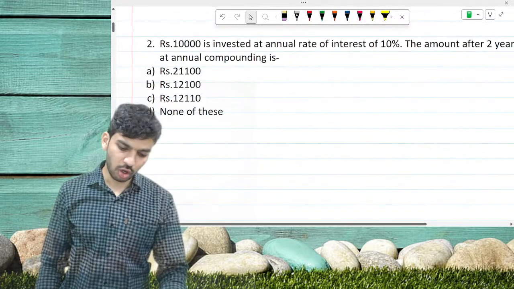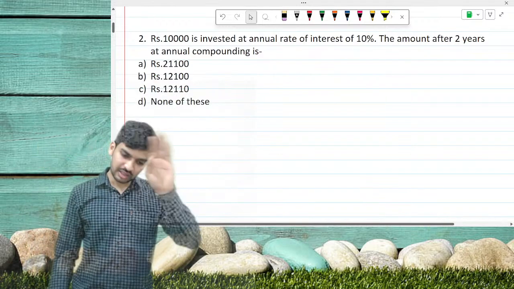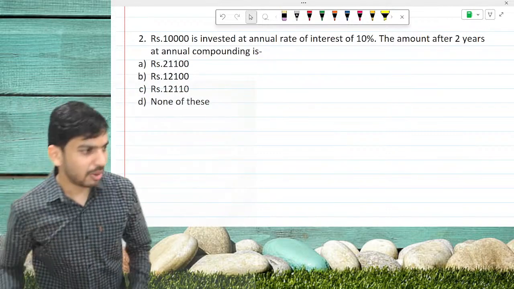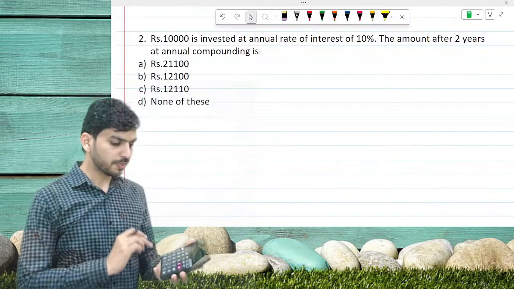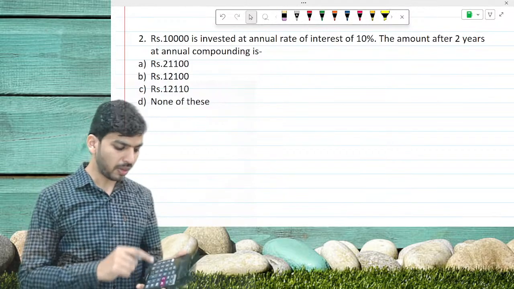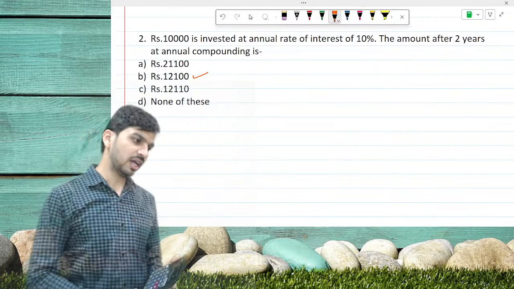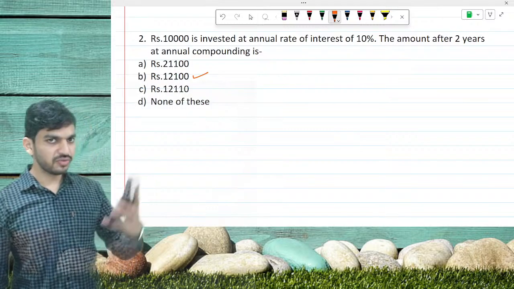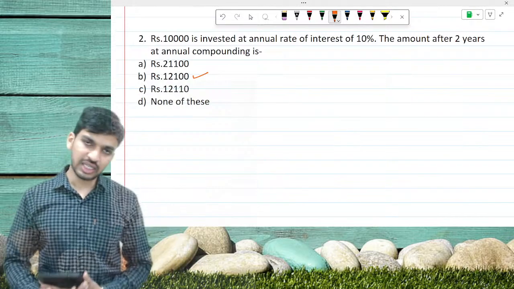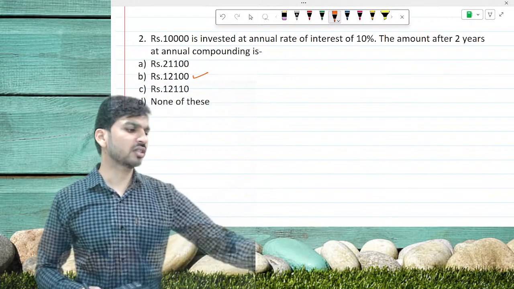Question number 2, all of you with me. If rupees 10,000 is invested at rate of interest 10%, the amount after 2 years will be, all of you try to solve this. Amount after 2 years. So 10,000 plus 10% one time plus 10% two times, it comes out to be 12,100. Option B. First few questions are very easy, and as we go towards the end, we have some different varieties here also. Okay, all of you got the answer? Keep giving your answers, all of you.